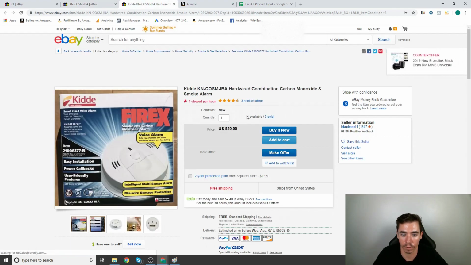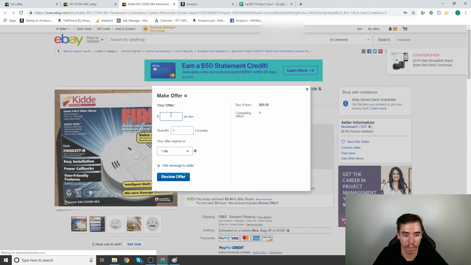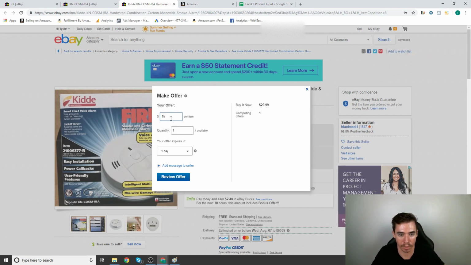And he has 4 available. I like to offer on bulk quantities. I think I remember the max we could do on these was 18, so I started at 15, all 4. I like to offer on bulk quantities because it means people are going to save money on shipping. It's a lot cheaper to ship 4 products to one person than it is to ship one product 4 times to 4 different people. So for the convenience and the money saving,